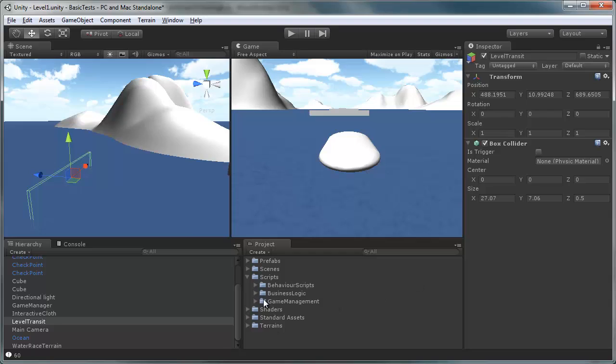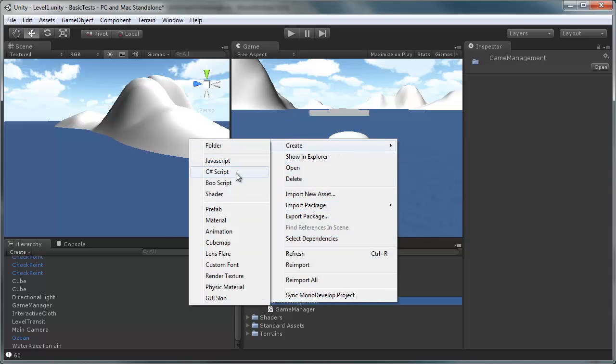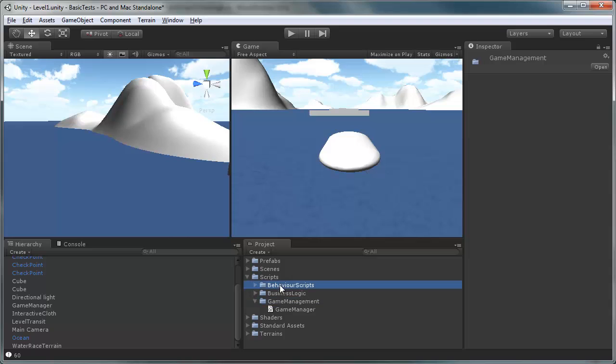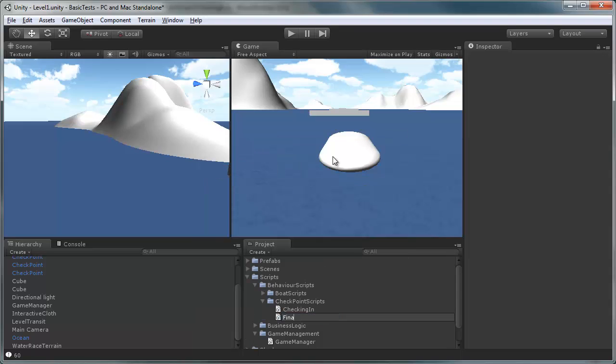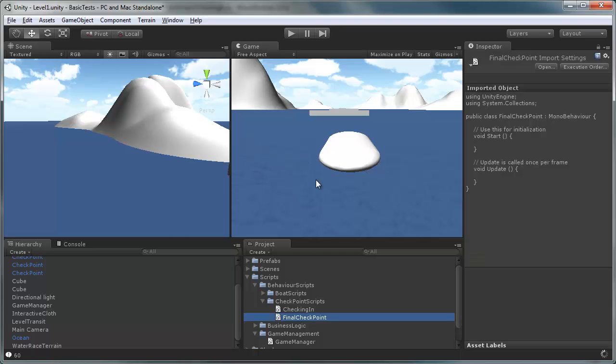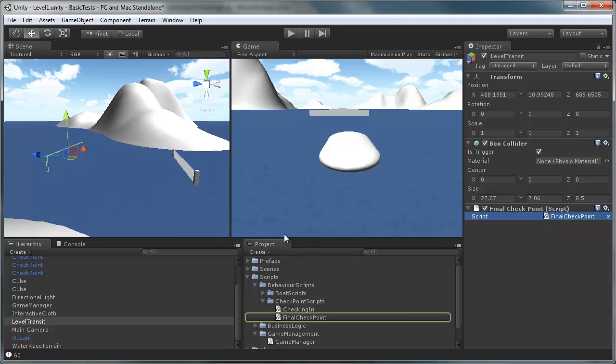And right here I'm gonna add one more game management, I think, script. I'm gonna call here, or actually this is gonna be checkpoint scripts, and I'm gonna put here final checkpoint, and I'm gonna grab this level transit, put it at the final checkpoint, make the collider a trigger, and right here